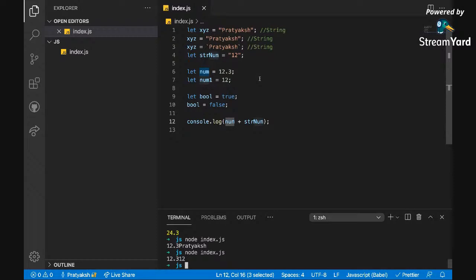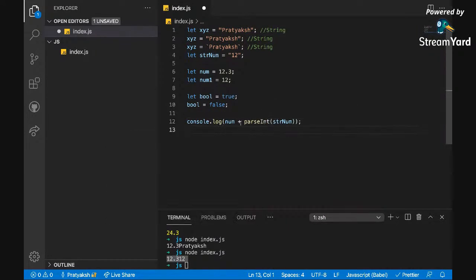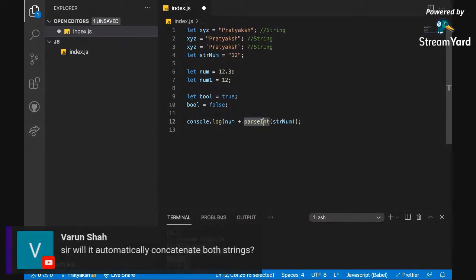But as a user, you'll see that many times the data you get is in string form. 99% of the time, the data you get from APIs will be a string, and maybe you get a number that is in string form, and now you want to add a number to this number 12, but since it's a string, JavaScript is giving this output. So now I can explicitly tell JavaScript that the string which you have has an int. So what I did over here is I said this is a parseInt. It's a function.